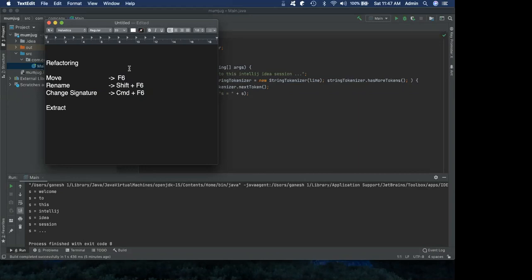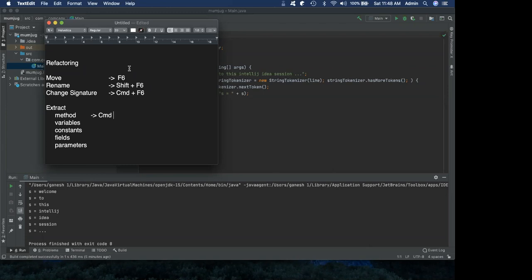When you want to simplify a complex method, what are the things you do? You extract other methods from it. You extract variables. You extract constants. Sometimes you extract fields, and sometimes you extract parameters. This is what we do when we extract from a complex method. Now, how do I remember the shortcut?